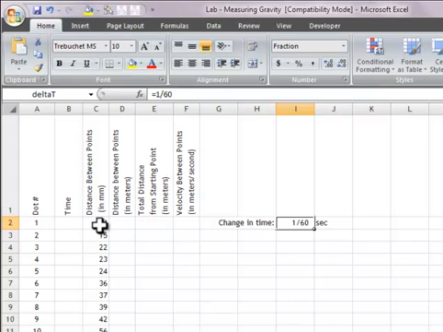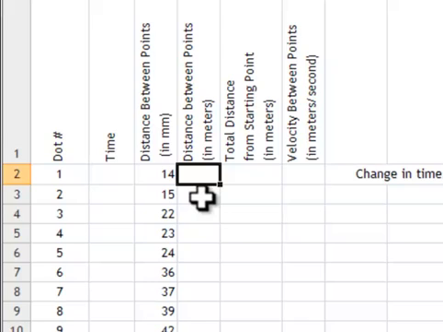Now, let's see if we can convert these distances, which were in millimeters, into a more convenient and standard unit of meters. To do that quickly, I'm going to create a formula, and anytime you type in a formula, you have to press equals. And to convert from millimeters to meters, I need to take this box, which I'm just clicking in, or I could have typed C2 if you'd prefer, and divide that by 1,000. Always hit enter when you're done typing in a formula,